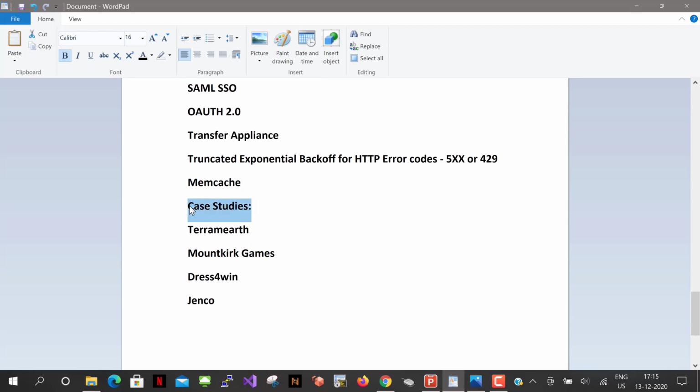And some case studies are important as well. They are TerramEarth, Mountkirk Games, Dress4Win, and Helicopter Racing. Okay, so these are all the important keywords or content that you may have to brush up before appearing for the exam. Okay, and once you get well versed on these topics, you may have to do a practice test